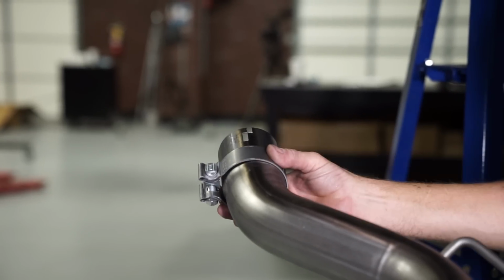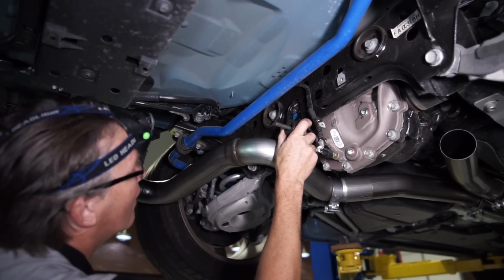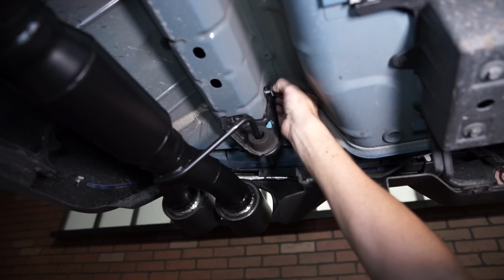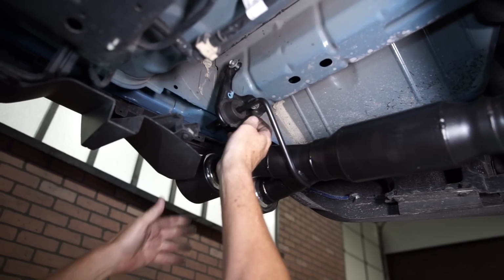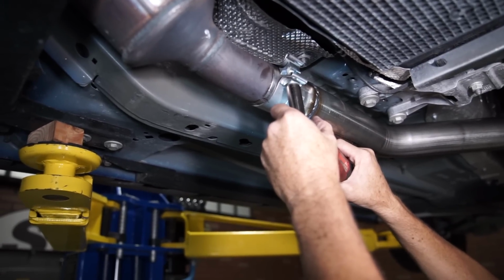Slide a clamp over the piping and transfer the exhaust hangers from the factory exhaust. Install the correct side into place and hook the hangers into the body and IRS subframe. Do the same for the other muffler piping. Loosely thread the hanger hardware. Ensure that the X pipe is centered within the transmission tunnel and then snug down the intermediate to X pipe